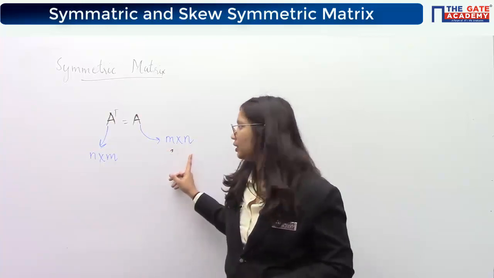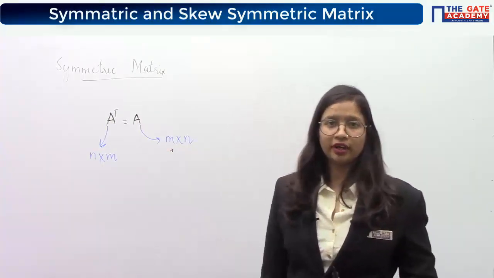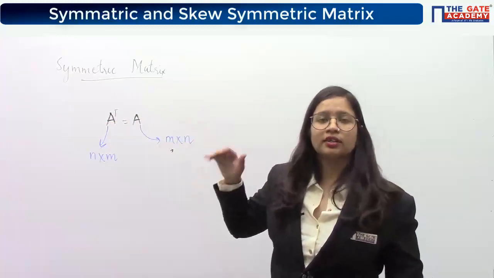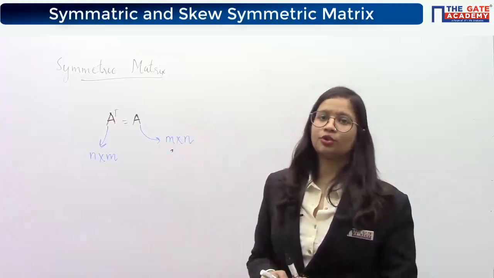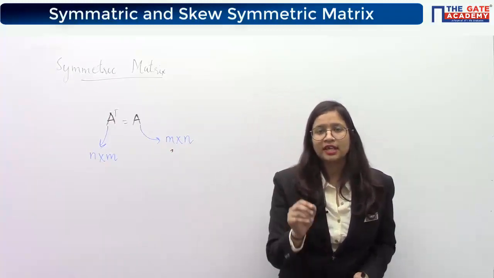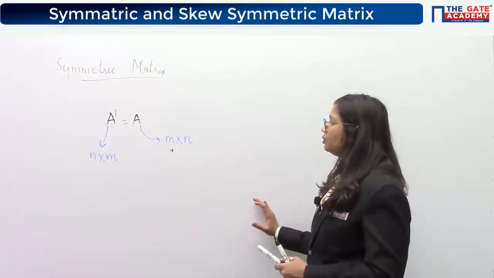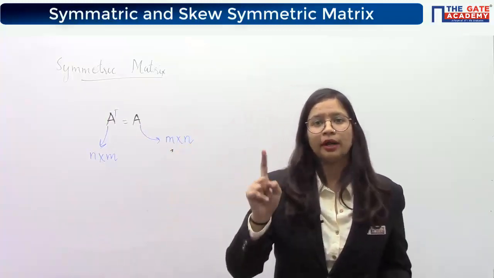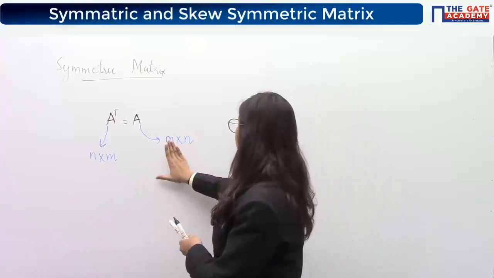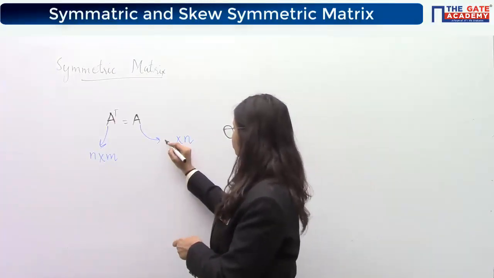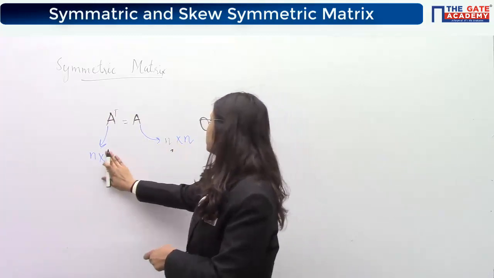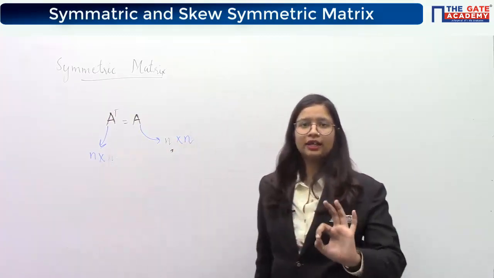What I am saying is, if A is a rectangular matrix of order M cross N, its transpose will again be a rectangular matrix of order N cross M, then this equation will never hold true, because you know that for equality of two matrices, their order should be the same. Answering what I tried to ask you, a matrix will be symmetric only if it's a square matrix, because for a square matrix these two numbers are equal, so these also will become equal, and now you can equate them.